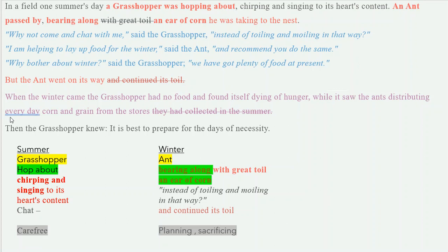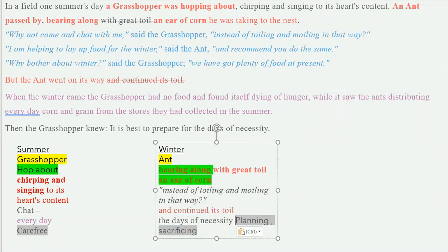Notice here also just a little opposition here. So you have grasshopper seeing the ants having access to food every day. Every day, right? So where will we put it here? We'll just put it here, right? So here, every day. And it is best, this is the moral, it is best to prepare for the days of necessity, right? So